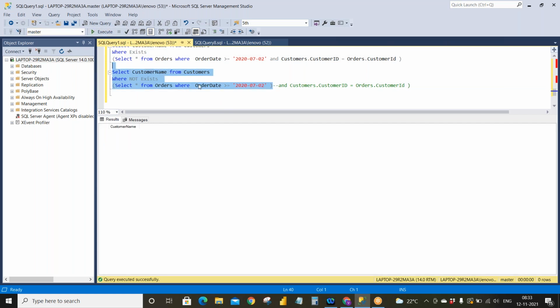It doesn't give me data. Why doesn't it give me data? Because I am saying that from the orders table, my order date is greater than or equals to 2027-2, right?